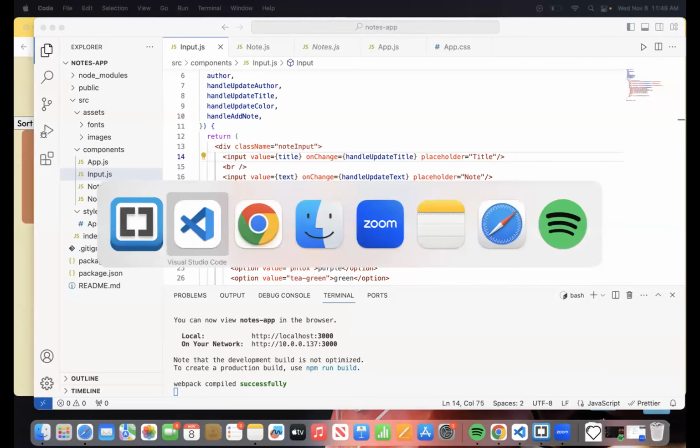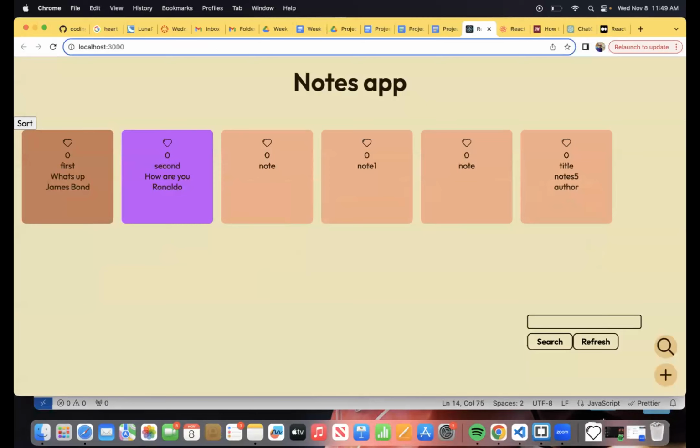So one thing that we need is, if you see the page, when we do search, what we have to do, we have to first check the entry with the title. If it matches, we are gonna have to display that. For that, what I'm gonna do, I'm gonna create a separate array that's gonna hold the search nodes. And later on, I'm gonna pass it through as the prop.